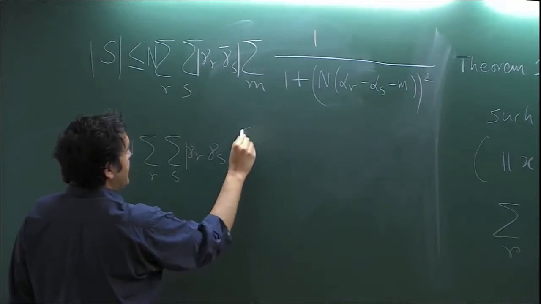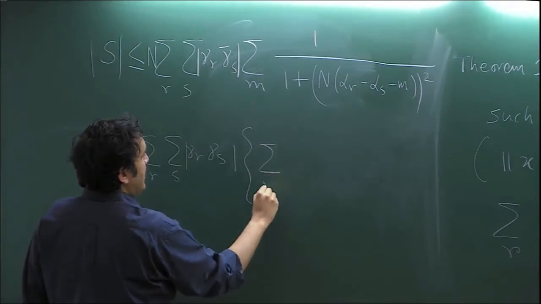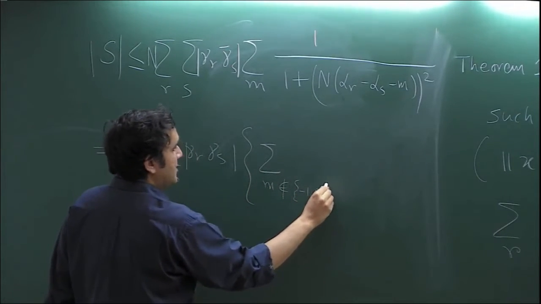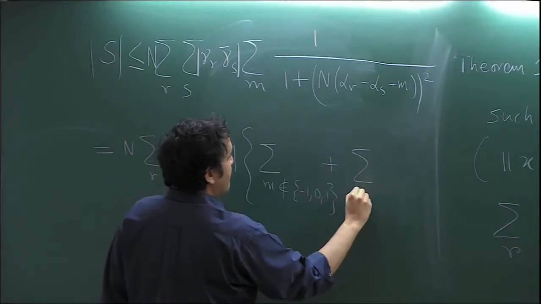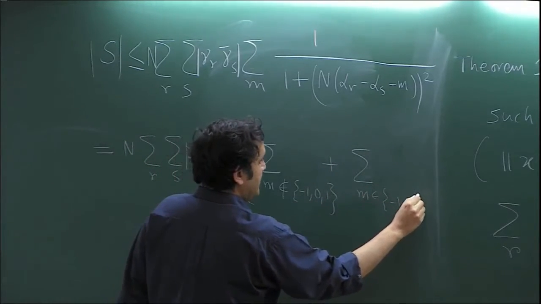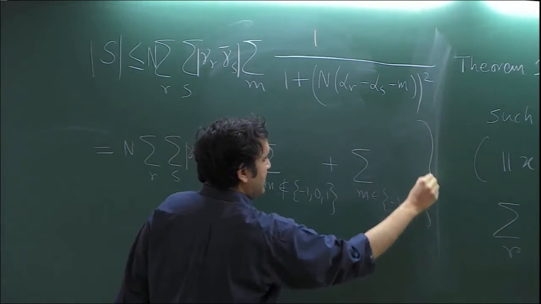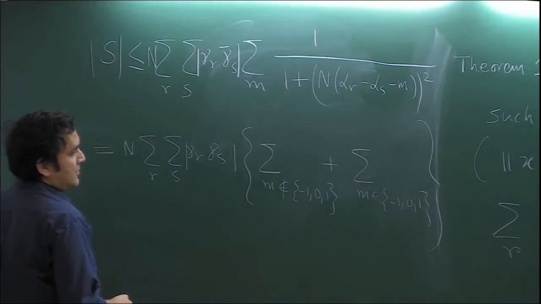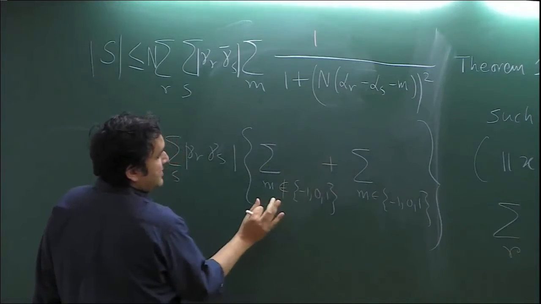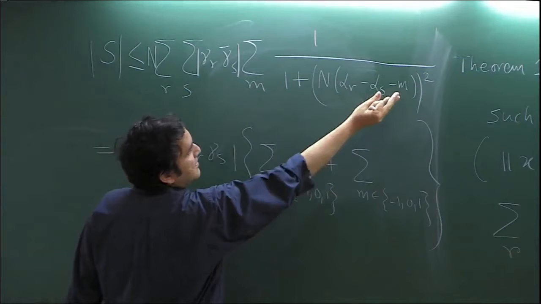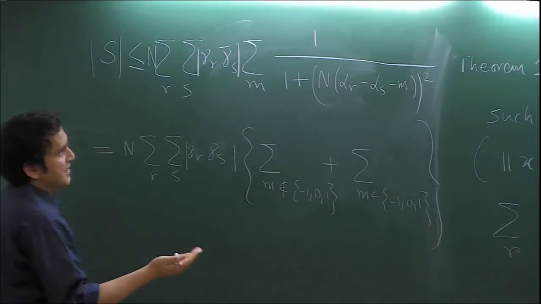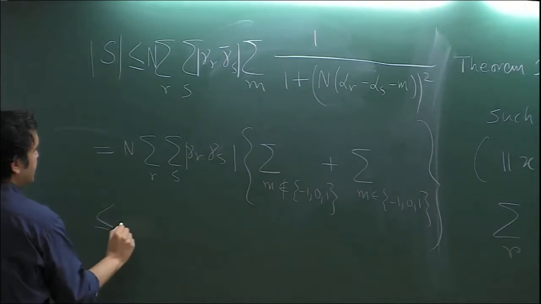And then here I do m outside -1, 0, and 1 plus m is, okay. So when m is away from alpha r minus alpha s, namely here, we checked last time that this is bounded below by m square by 10. So then I can bound this sum by